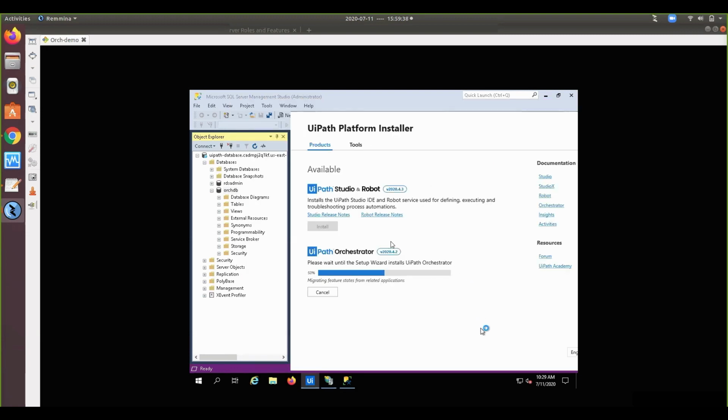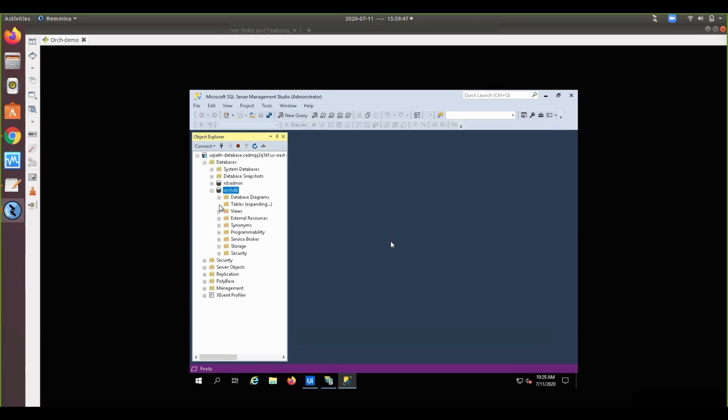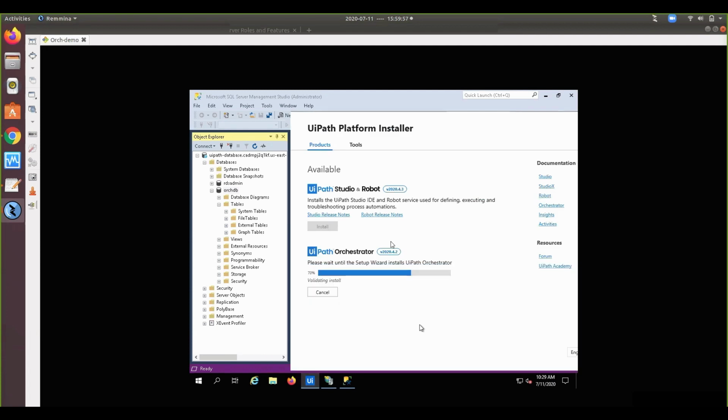If my UiPath setup is connecting to the database in the right way, then it should populate tables. Since we cannot see any tables over here, let us wait a few more minutes.